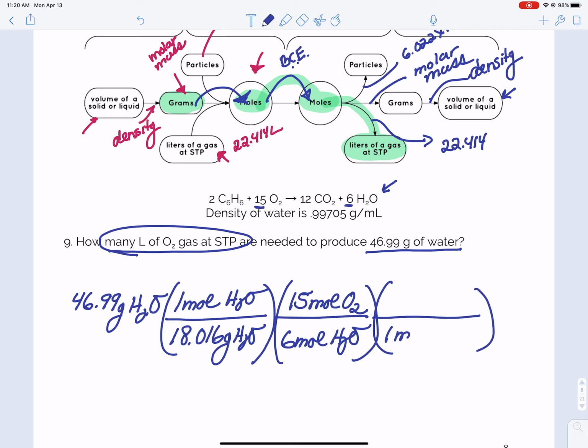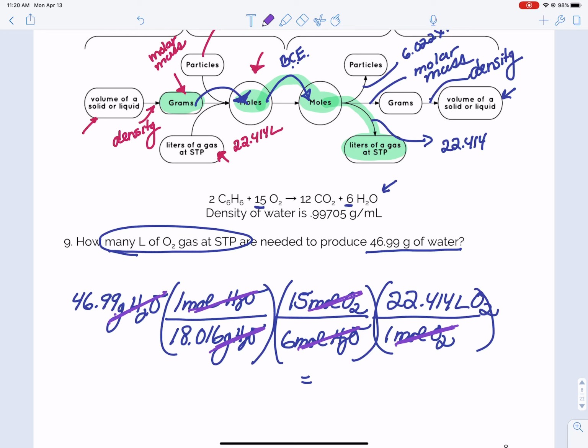22.414. So 1 mole of oxygen gas is 22.414 liters. Remember, that's only true if it says at STP, which it does. And now if I look at this problem, grams of water cancels out with grams of water, moles of water to moles of water, moles of oxygen to moles of oxygen. I plug this in my calculator,